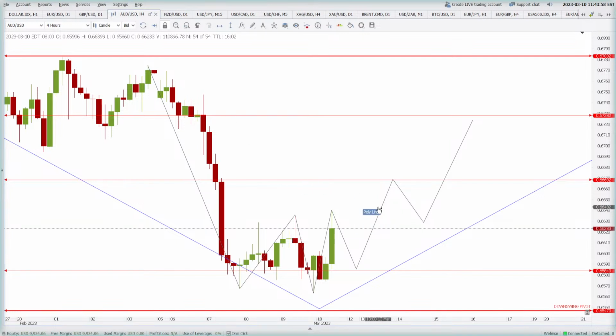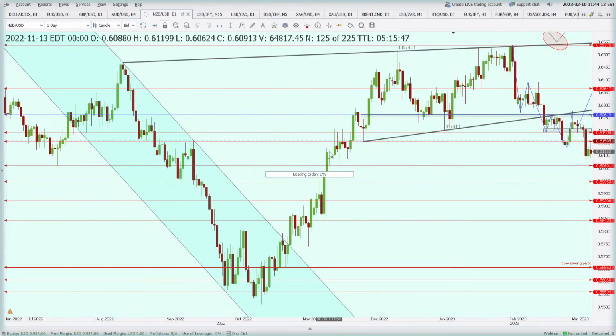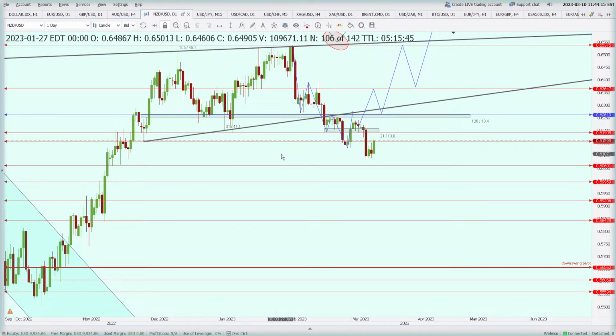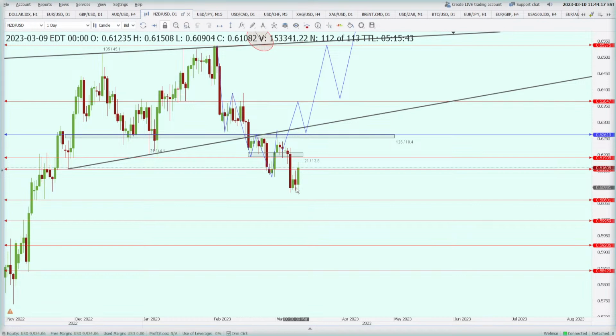Right now the resistance is at 0.6668 and the support is around 0.6584. Keep these two levels in mind. Do not try to open any buy trade in this one. I think right now it is not a good idea because the stop loss would be very far and the take profit very close. New Zealand dollar. Well, we are sellers in this market and we are not going to buy this market until we see a